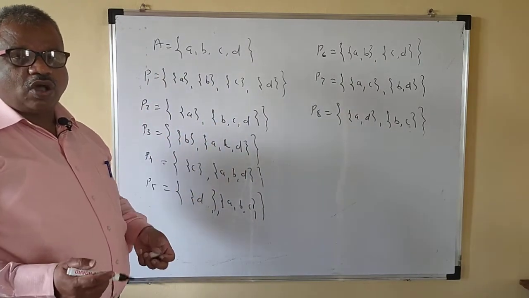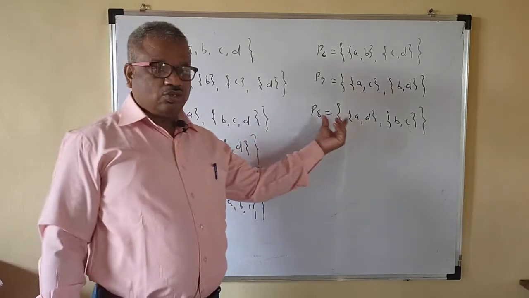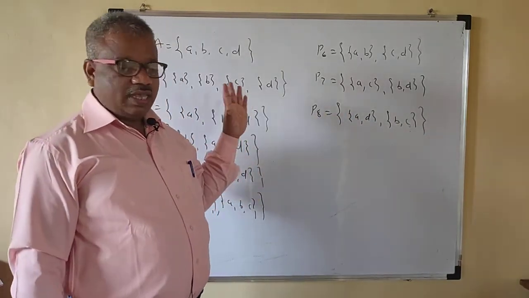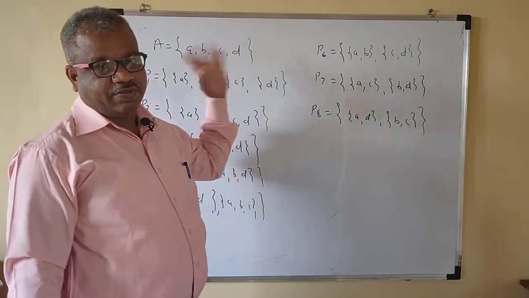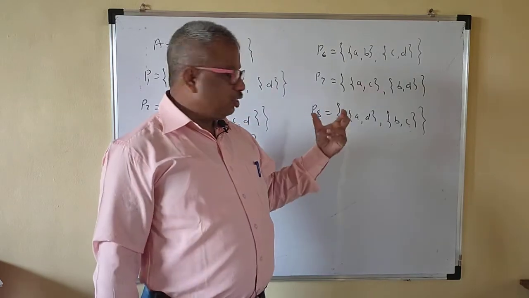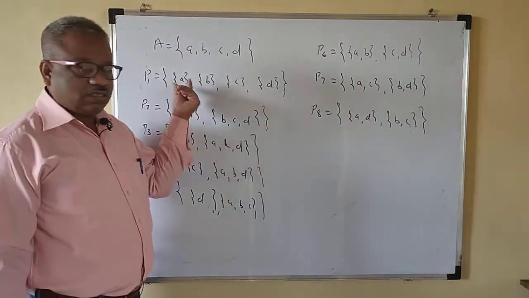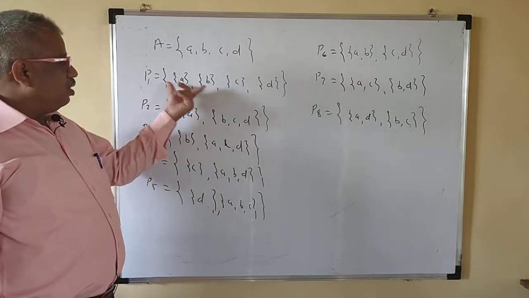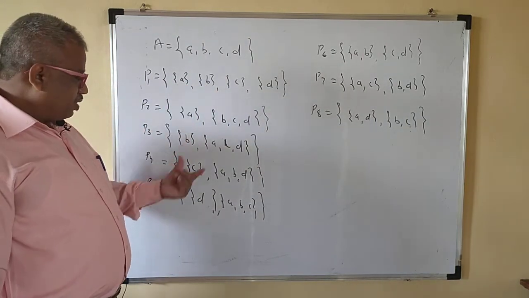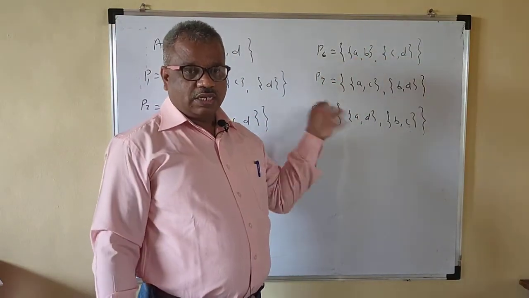It is the collection of all pairwise disjoint subsets of capital A, such that the union of all the sets is nothing but capital A, right? So the union should be the capital A. And what is pairwise disjoint? Pairwise disjoint means if you take any two subsets from this, their intersection is empty. If you take these two sets, the intersection is empty. Here also, if you take any two, the intersection is empty.